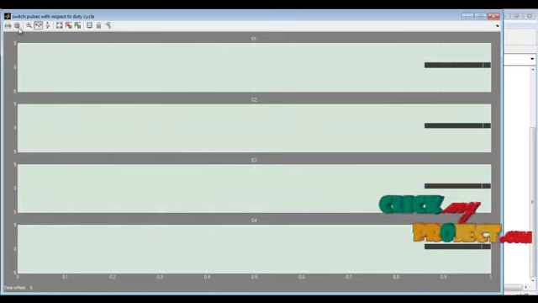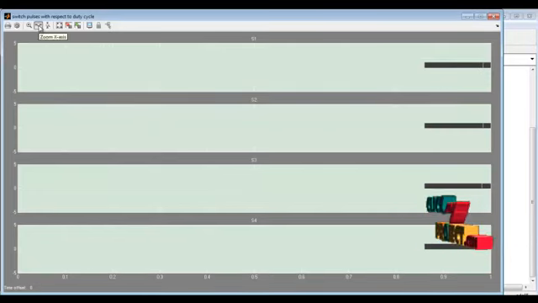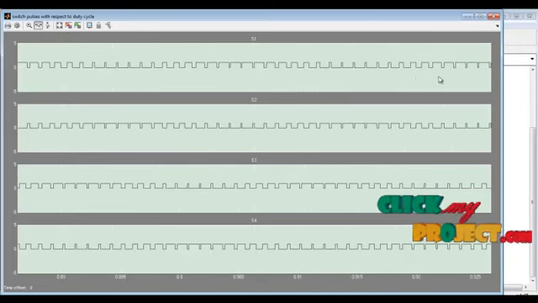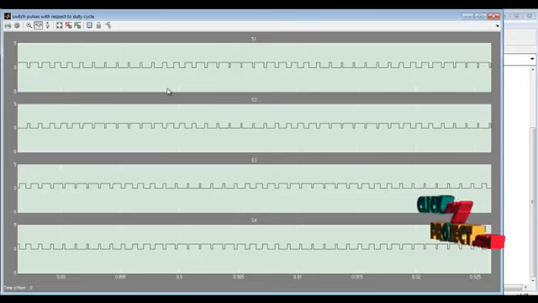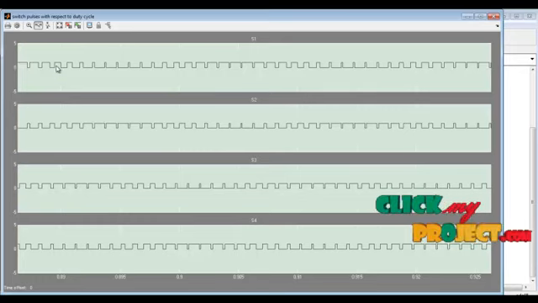Next this is for switching pulses. For these switching pulses we use the x-axis zoom, and we can get the zoomed-in results. Firstly we can see switch 1. Switch 1 is on automatically, and as we can see, switch 2 is randomly on and off.